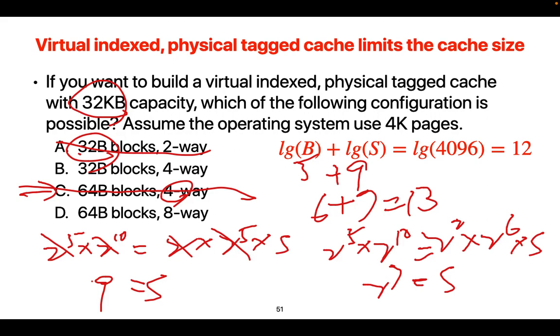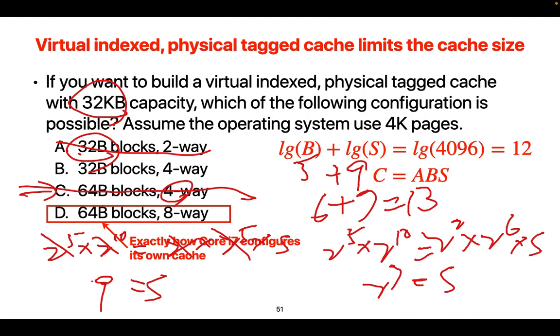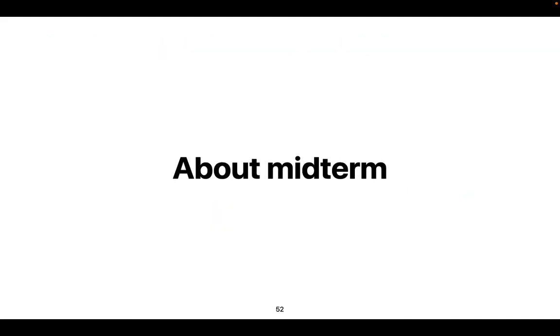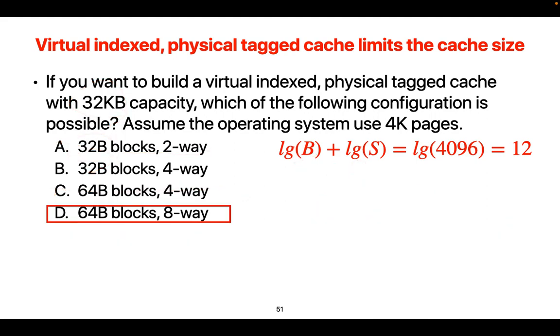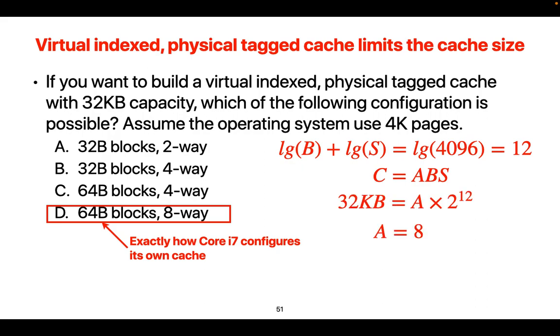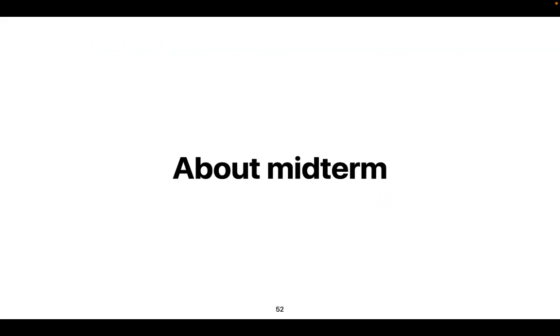So that's not right, so let's discuss. The answer is D. If you do the math, C equal to ABS, you will find out. Okay, let me show this. C equal to ABS, and if A equal to 8,